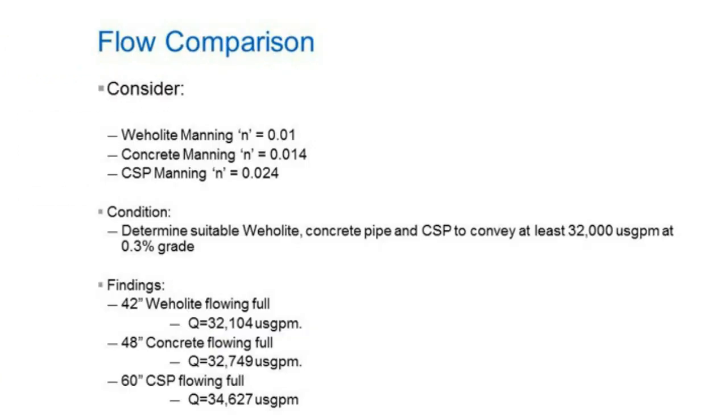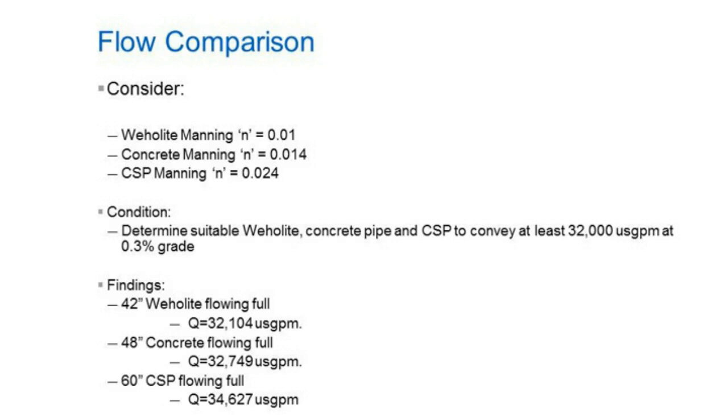We look at flow comparisons, and the other thing you want to consider is hydraulics. The roughness coefficient for host pipe material must be compared to that of the reline pipe when considering hydraulics. First, if we look at this general example of pipe flowing full through the barrel capacity when acting as a sewer. In this example, we want to determine the correct size to convey 32,000 US gallons per minute at a